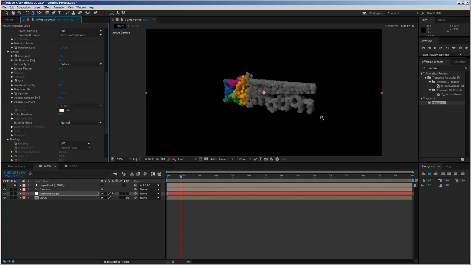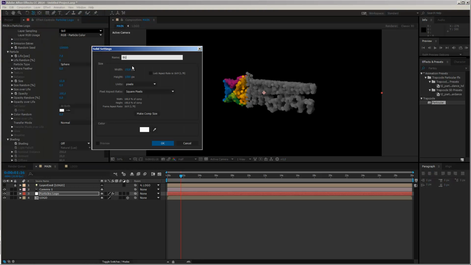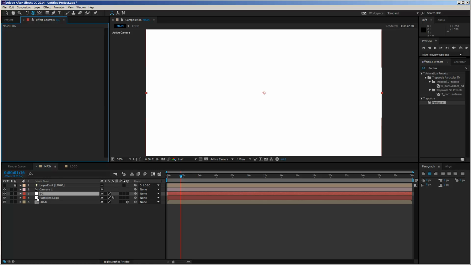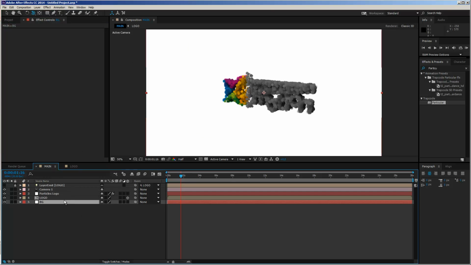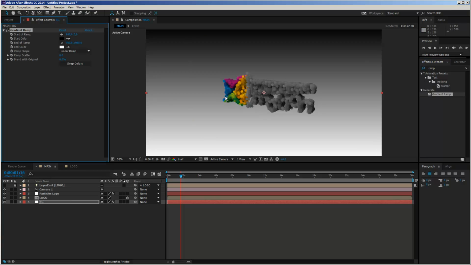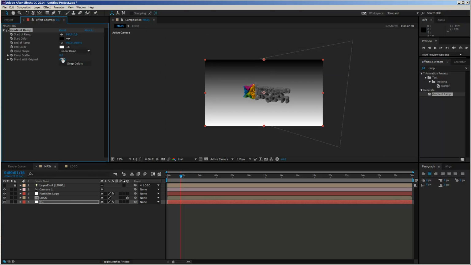And now to create a little bit better contrast, I will quickly create a new layer, a new solid, and call this BG for background. Drag it on bottom of our timeline here. And I will just add a quick gradient ramp. And with this gradient ramp, we'll just create a very simple background.